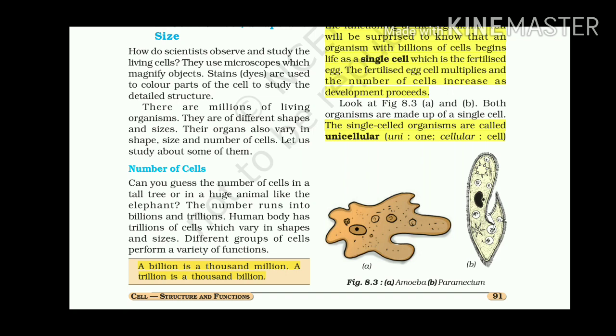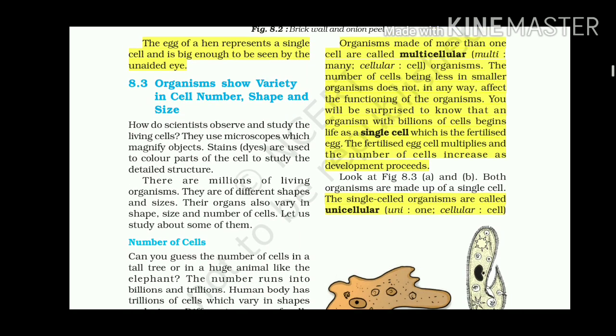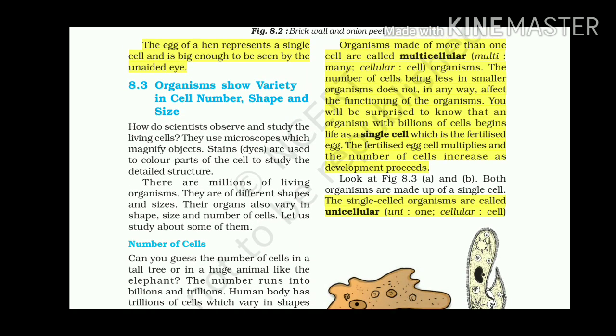A billion is 1,000 million. A trillion is 1,000 billion. Organisms made of more than one cell are called multicellular, or many-celled, organisms. The number of cells being less in smaller organisms does not in any way affect the functioning of the organism. You will be surprised to know that an organism with billions of cells begins life as a single cell, which is a fertilized egg. The fertilized egg cell multiplies and the number of cells increases as